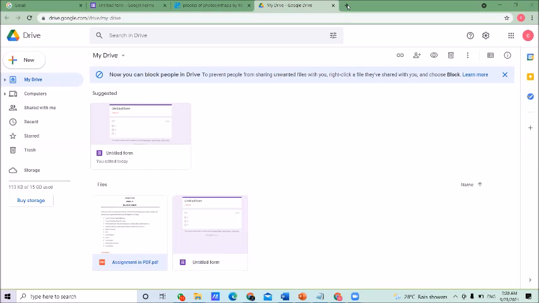Google Slides is very similar to PowerPoint. The only difference is PowerPoint is used only for yourself, but Google Slides you can use to share documents. If you want to create a Google Slide, go to the Google website. The first thing is you want to open Google.